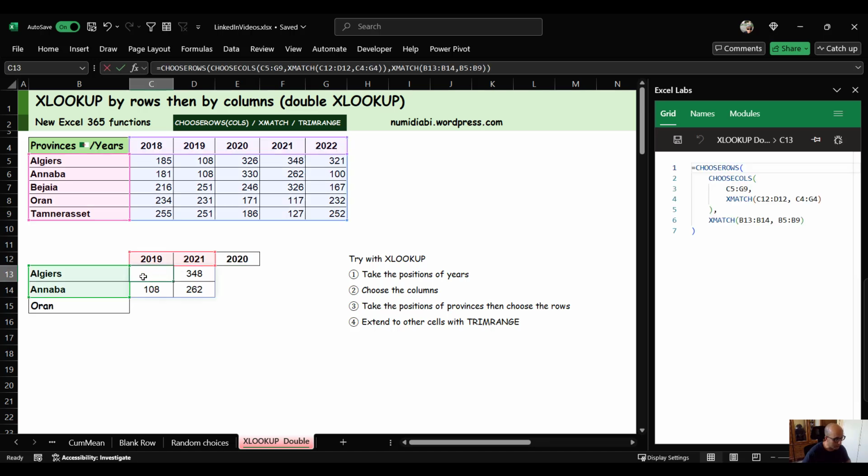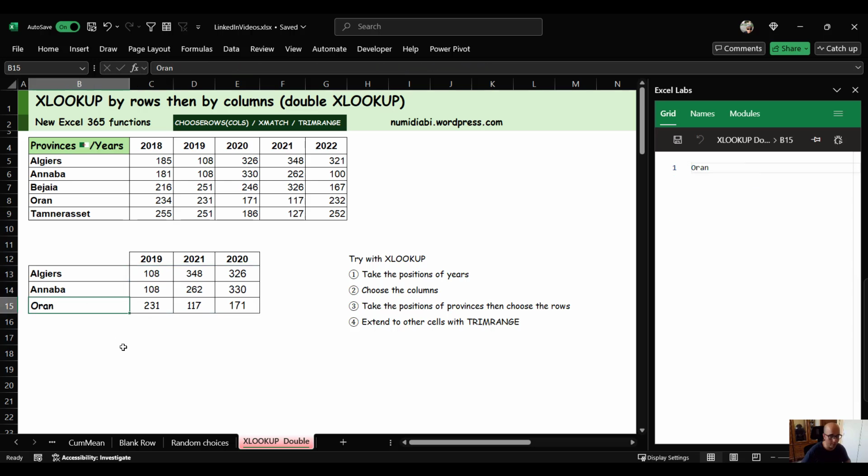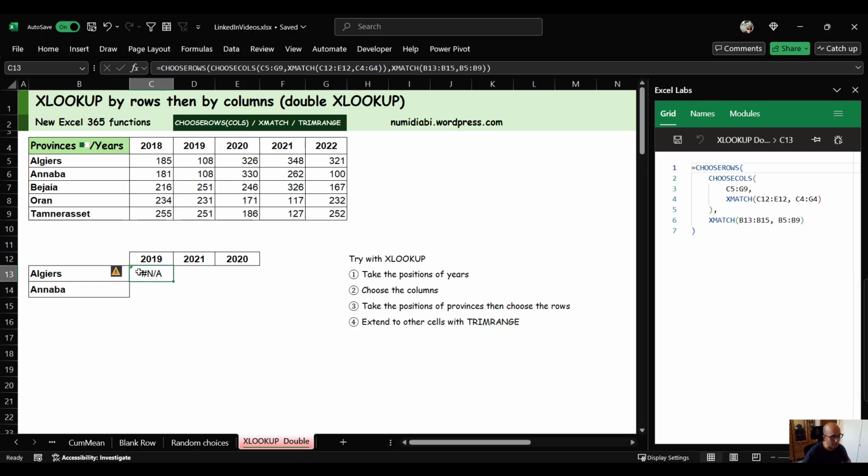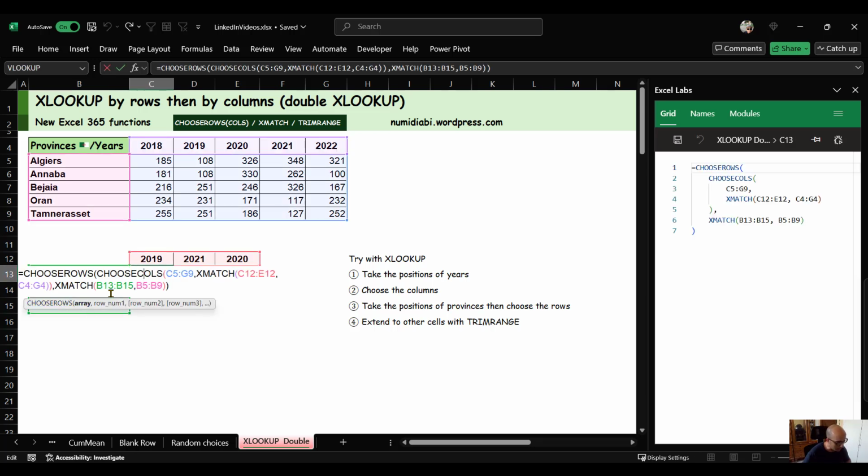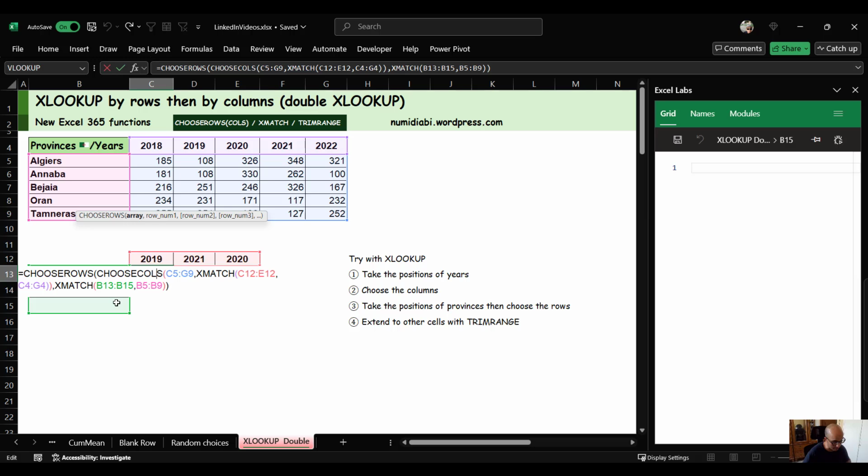So I can extend this list and this one, and I get the result. But suppose that I remove these values. Up here we will get an error, because here we have an empty value, a blank cell,